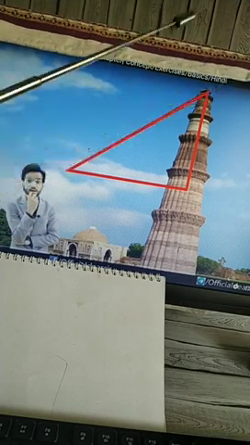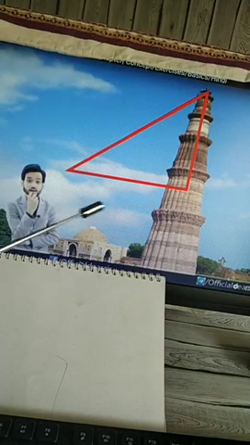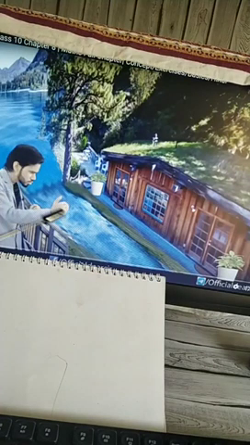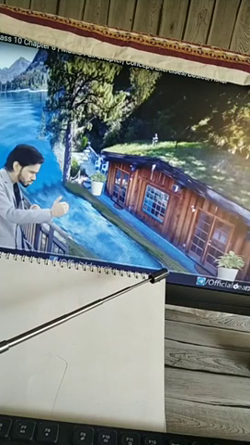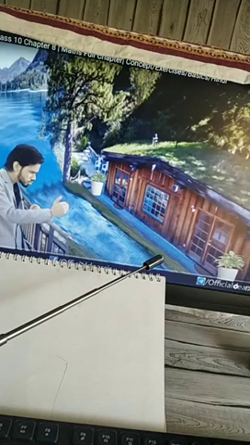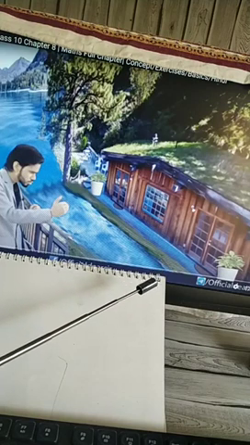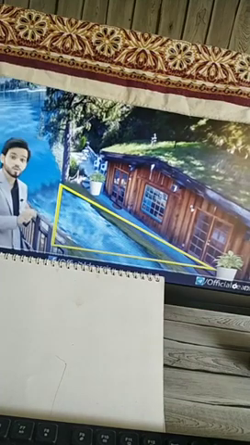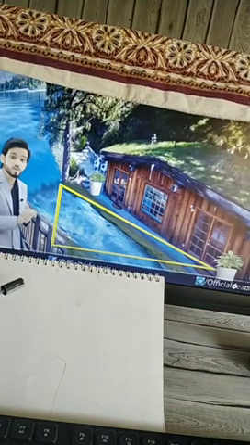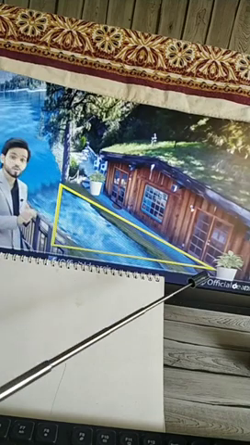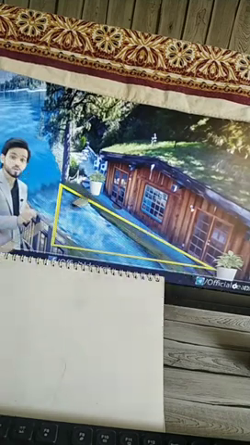So here the person is down and the Qutub Minar is so high. It is not necessary, he may be on top, and he wants to know how high he is. Then also trigonometry is useful for him. Let's see. Here he is on top, and then he wants to know how high he is from this place. Then also the triangle comes to mind. So here is another right angle triangle, and he can know how high he is from this place by knowing this distance.